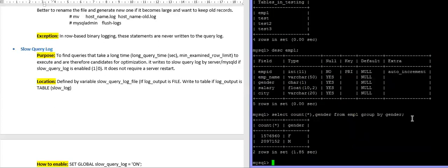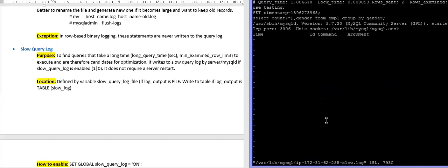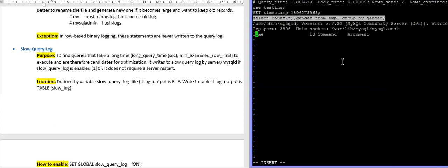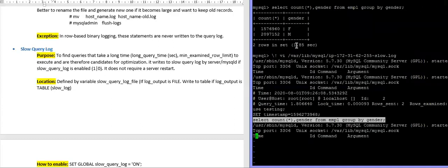So now let's see if this query has been logged into your file or not. So this is your file and this was your command. This was your SQL statement. So let's see in this file. Yeah, you can see here the command, the SQL statement, because it took 1.85 seconds.